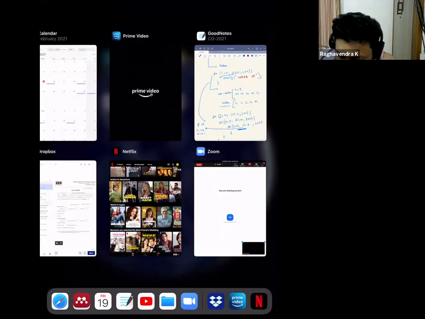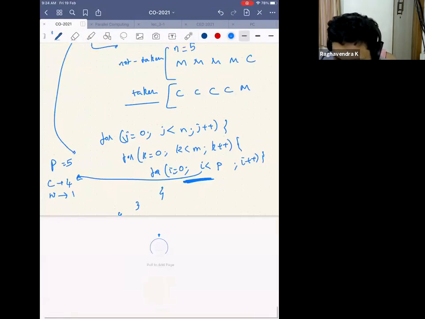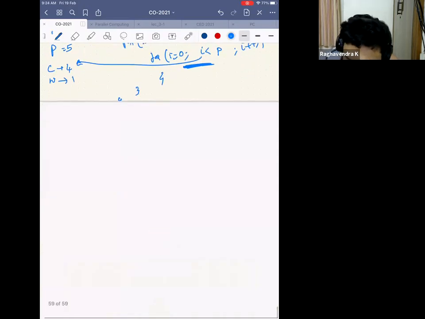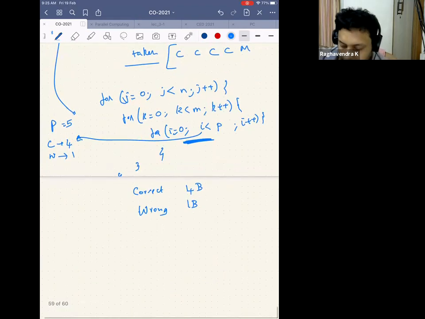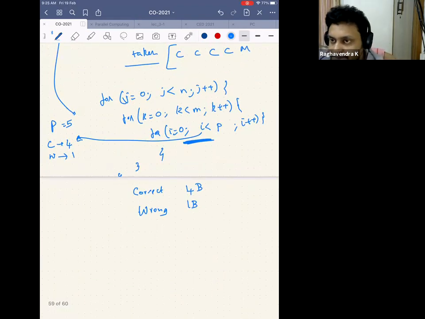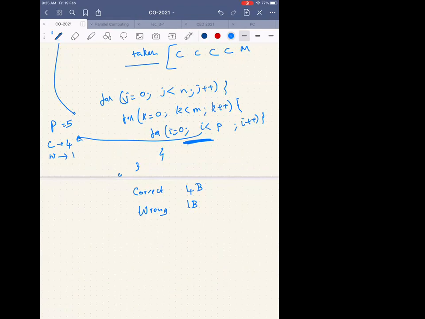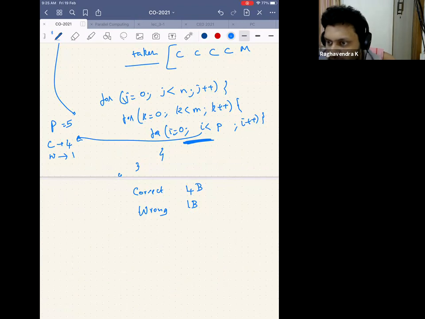I am not making it up; this can be a real piece of code. So you are correct 4 billion times and wrong 1 billion times. Are you still okay with this? Are you okay being wrong 1 billion times? No, sir. So then what will you do if you're not okay? What is the other thing that you can do?